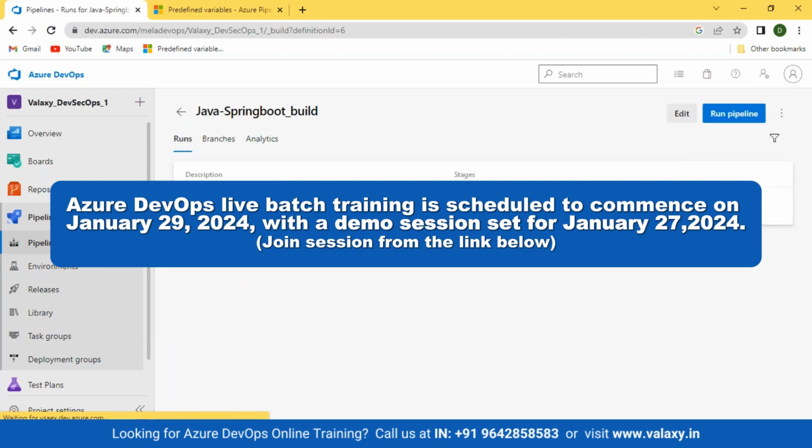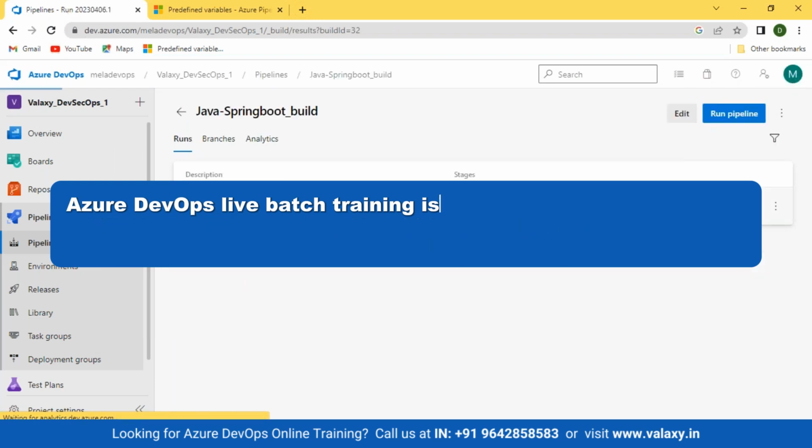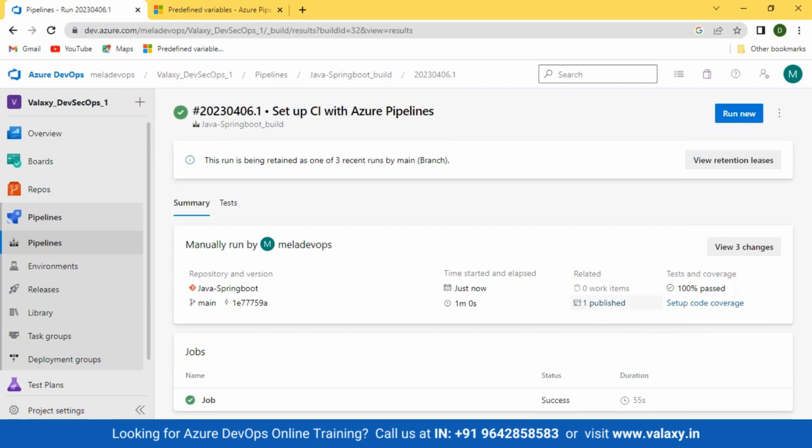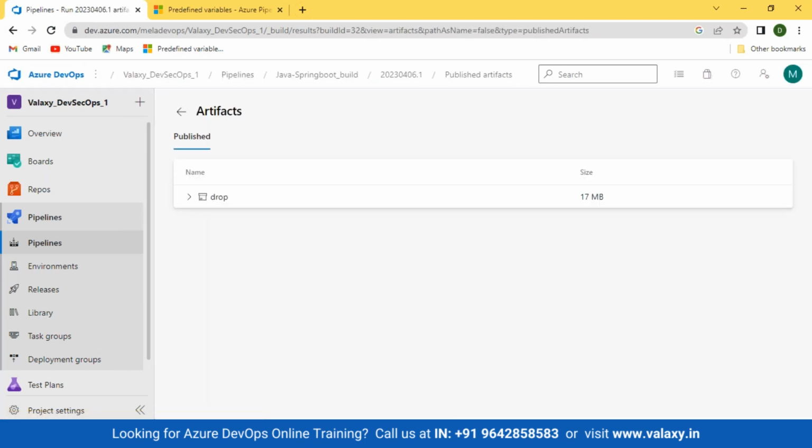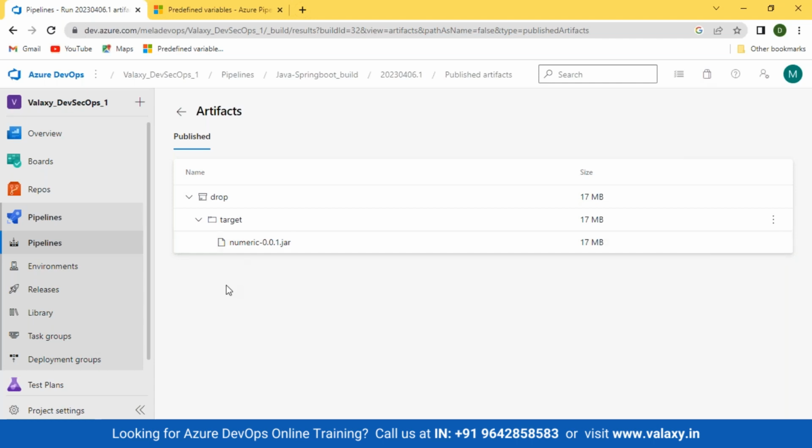Now let's go to Java Spring Boot. Let's go to this. And the first thing is go to the publish. Now there are 17 MB. So this is how big your application is. You got a jar file which is 17 MB. Now this jar file I can deploy on Azure Web App wherever I want. That is something we'll see in a minute. But before that,